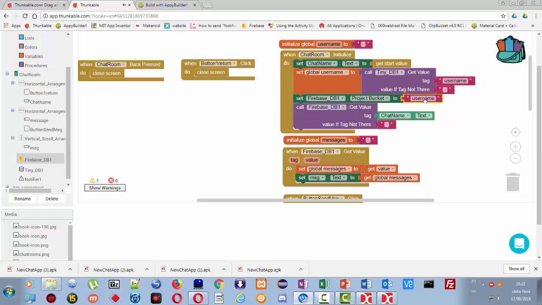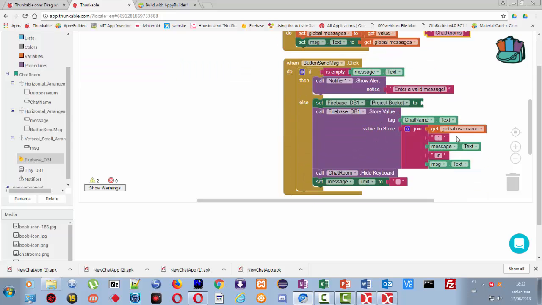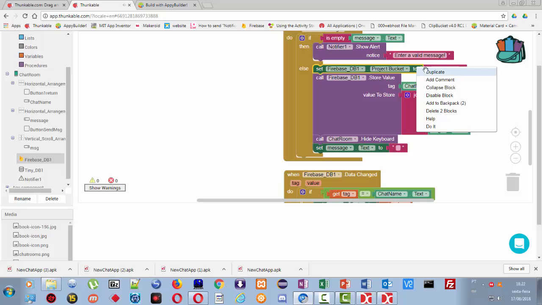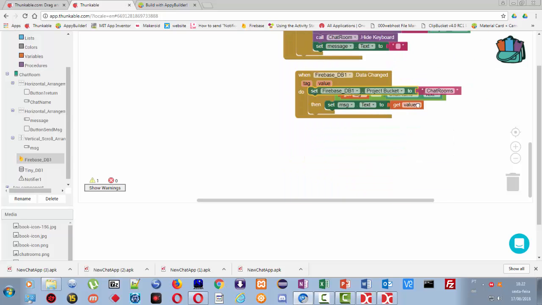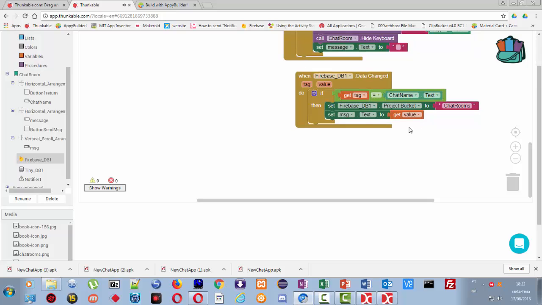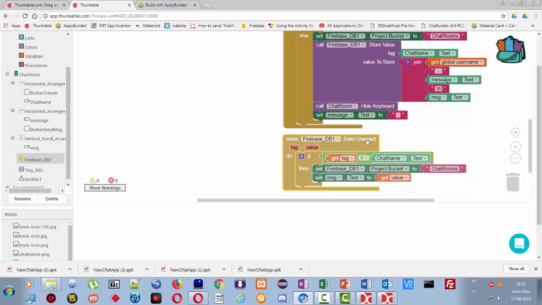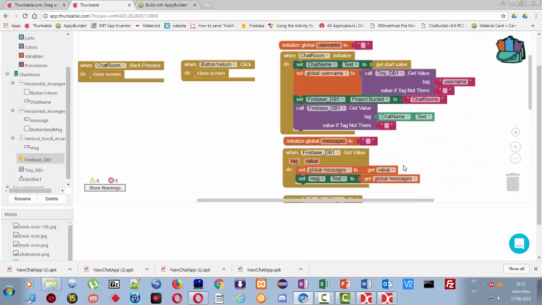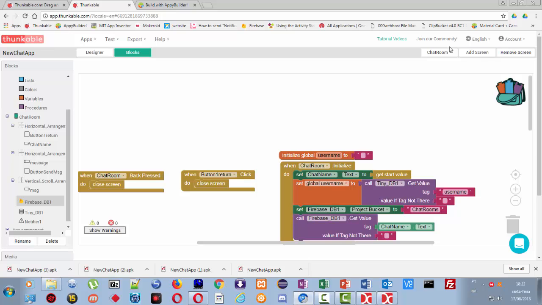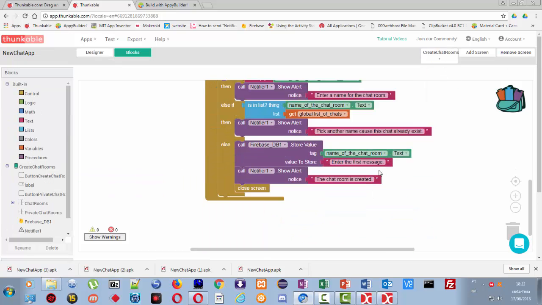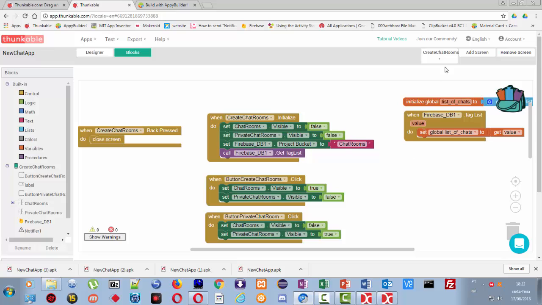So it's chat rooms. In the project bucket here, chat rooms. And also here, so let me check if it's the same as we created. So it's chat rooms. Okay,